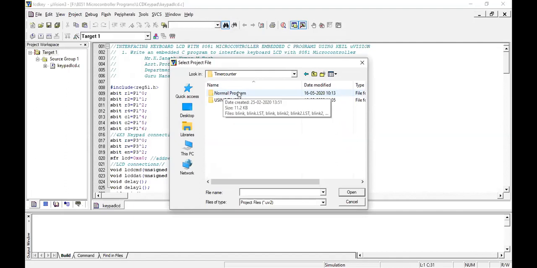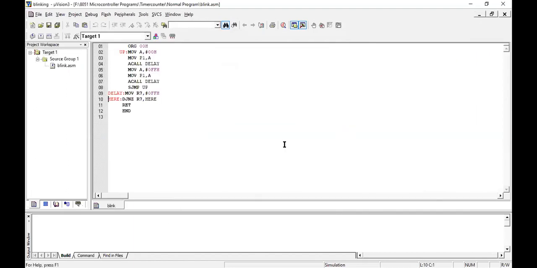You can write the program for the timer by using a normal program or using the timers. You can use it for blinking an LED or generating a square wave at port 1. And this one is without using timers, by using a subroutine delay function.